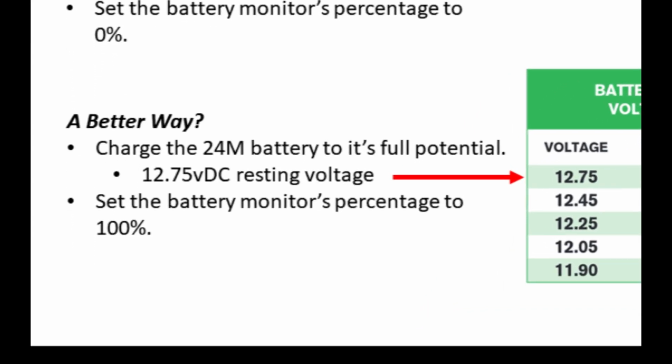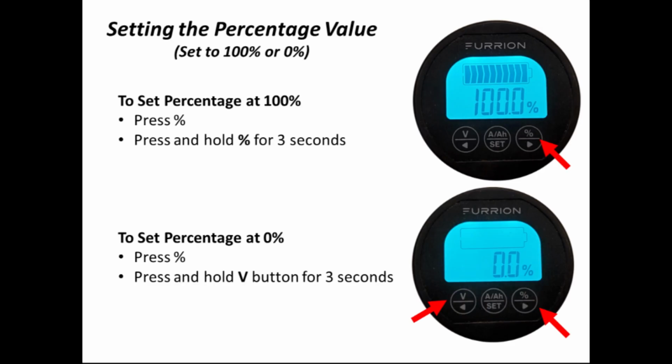Since we know that for the Interstate 24M at 100% state of charge the resting voltage is 12.75 volts, we'll go ahead and charge up the battery to its full potential. When you see it sitting at 12.75 volts when it's resting, go ahead and set the battery monitor to 100%. How to set the monitor to 100% is actually pretty simple. You press the percentage button to make sure that the display shows percentage, and then press and hold the button